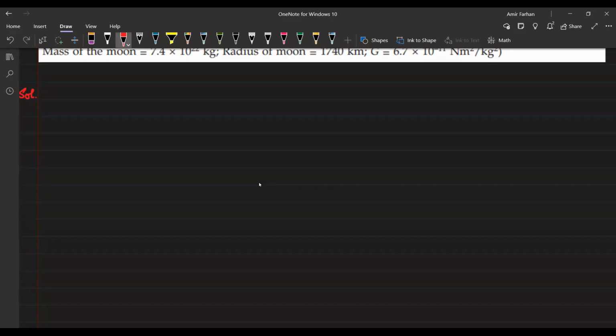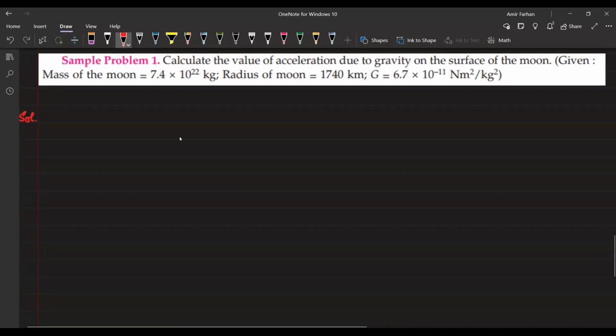Okay, everyone, let's do it together. The question is saying that the mass of the moon and the radius of the moon are given to you, and the value of capital G, the universal gravitational constant, is not going to change at all wherever you go in the universe, right? That's why the name given to capital G is universal gravitational constant, right? So we have to calculate the acceleration due to gravity on the moon. Okay. Now let's calculate it. Let's write down the things. First of all, the mass of the moon is